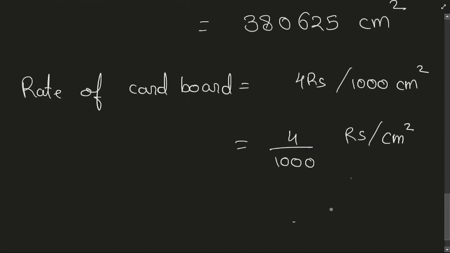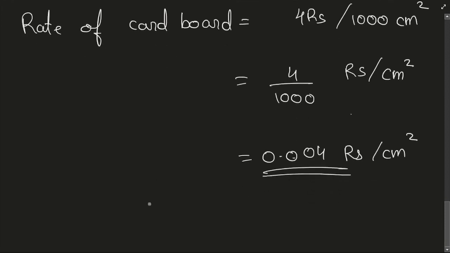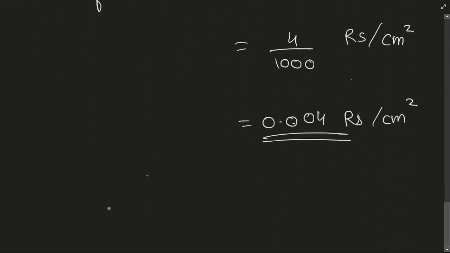So if you divide it, what you get? 0.004 rupees per centimeter square. This is what the rate, 0.004 rupees per centimeter square. Now, what will be the cost of cardboard required? Cost of cardboard for box 1